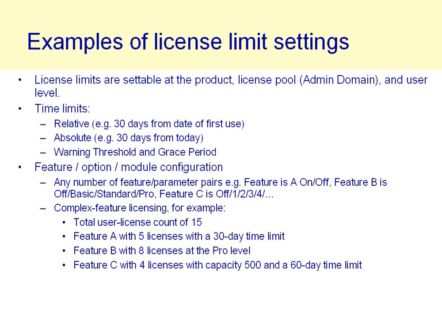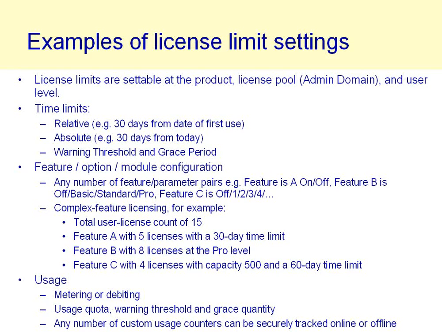You can also do what we call complex feature licensing, and this is where you're applying more sophisticated licensing models to each such feature. There's an example listed there where somebody might have a seat count, if you want to think of it that way, of basic licenses, 15 basic licenses, but they have a smaller number of licenses for each individual feature, each with their own limits, such as a 30-day time limit. So they've got feature A on trial. They've got 8 licenses for feature B at the professional level, and so on. And those licenses for the features are shared across those 15 basic licenses. So Orion's going to enforce that count limit and the time and level limits on each of those individual licenses.